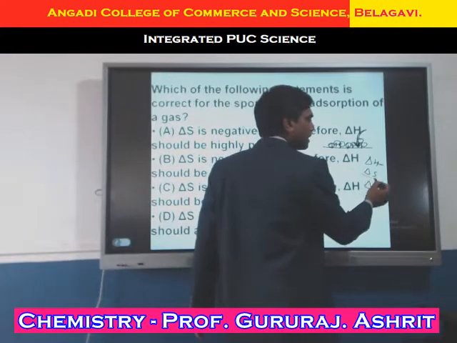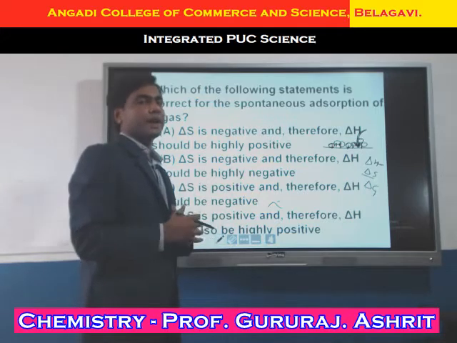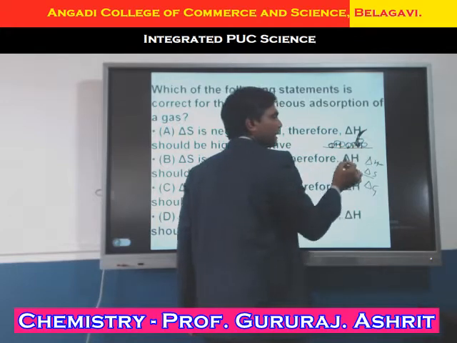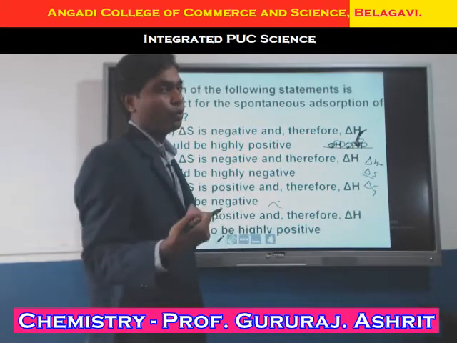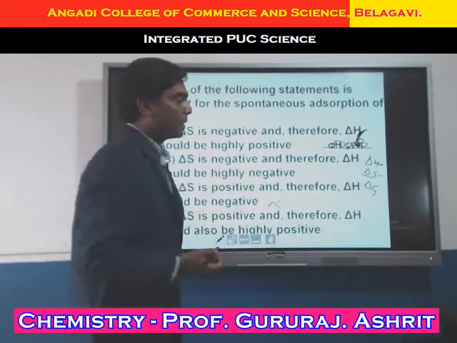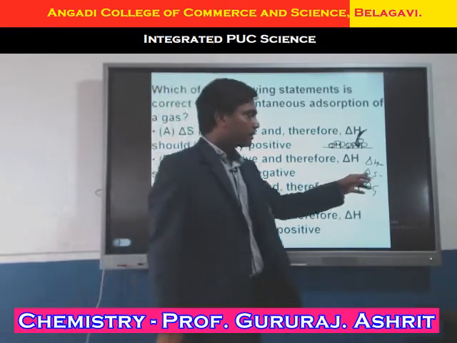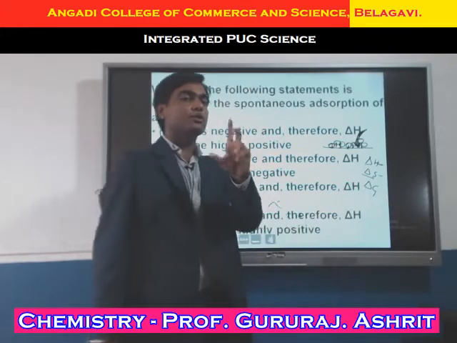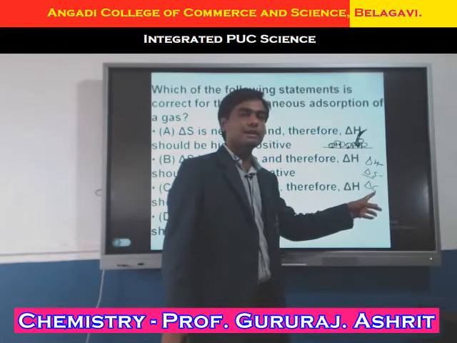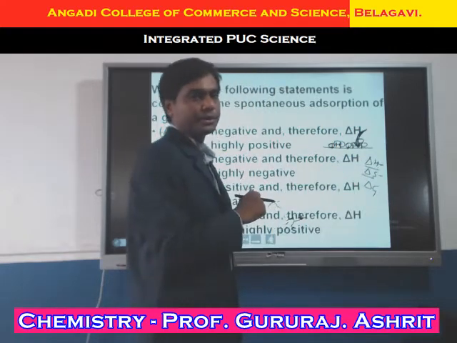Next one is delta S. Delta S means entropy, that is a measurement of disorderness or randomness. Here all the molecules are accumulating and sitting in one place, which means disorderness is low, and if it is low, the delta S value is also negative. But according to spontaneity in thermodynamics, delta S should be positive. When it happens like this, you should think of the Gibbs equation, that is, the temperature. Based on the temperature, delta G will be negative at low temperature and delta H should have a high negative value.